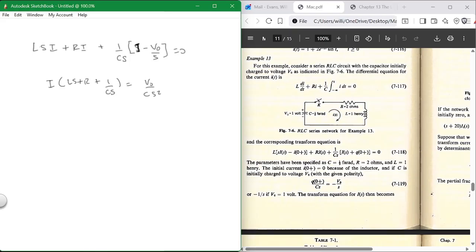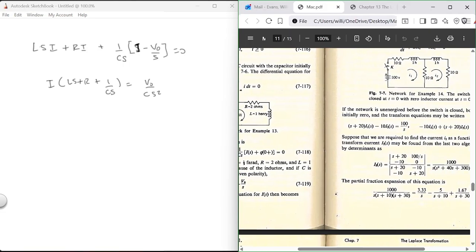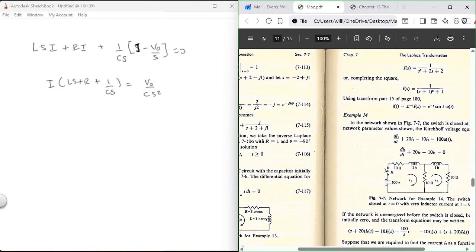Oh, and that's minus 1 over S. Okay. Now let's see what that does, if that equates to this over here. He immediately moves to this formula over here. It's over to all right. So I've got